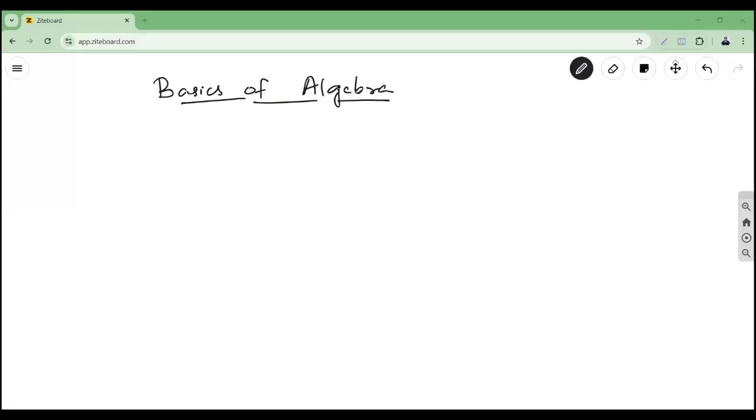Hi, Math Champions. Today we're going to learn about basics of algebra. Let's say you came out from your current school and you are joining another school. When you're joining another school, what's the first thing that you will have to do? You will have to know the names of your classmates, right? Names of your classmates, and then later on you will have to know